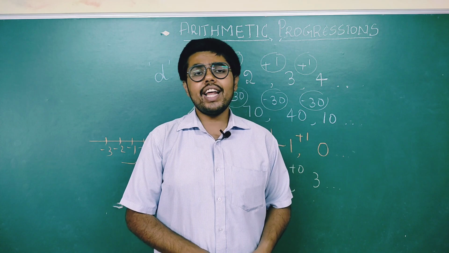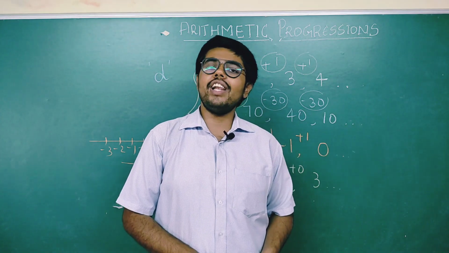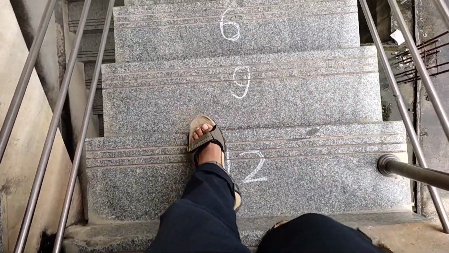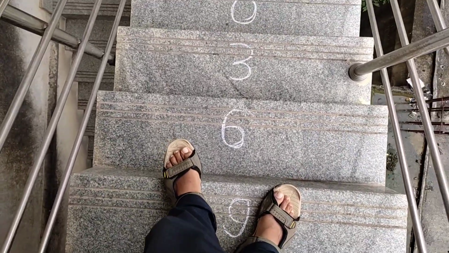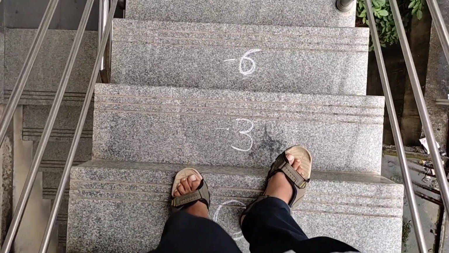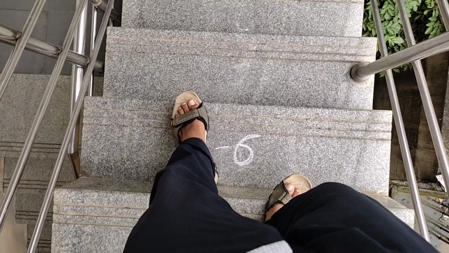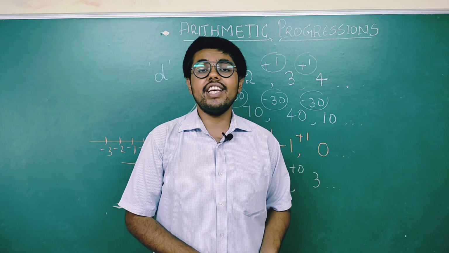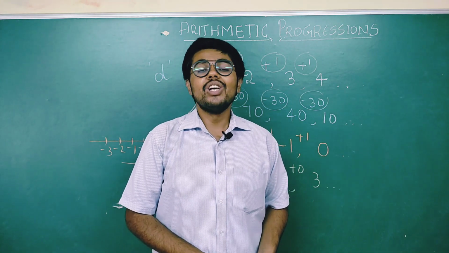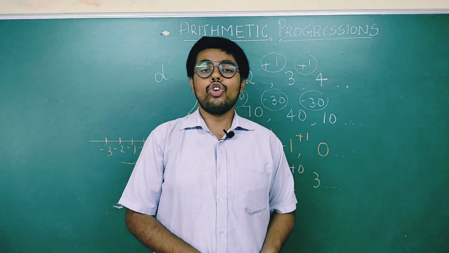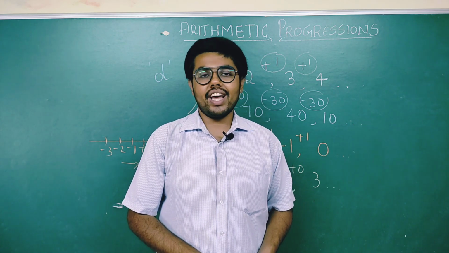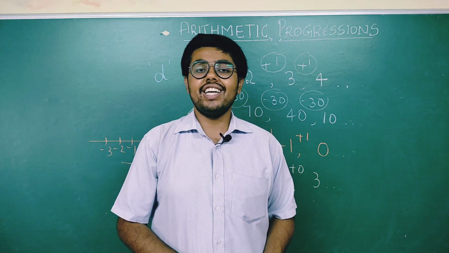Similarly, let me run one more video. Now I will come down the stairs. I have written 15. Then I have written 12, then 9, then 6, then 3, 0, minus 3 and minus 6. Very good. So here, what is the common difference? It is a falling AP, and the common difference is minus 3. There is a minus 3 decrease in each step. I'm coming down, right? If you consider the height of one step to be 3 centimeters, you're subtracting it and coming down, correct? So this is how we need to understand arithmetic progression.